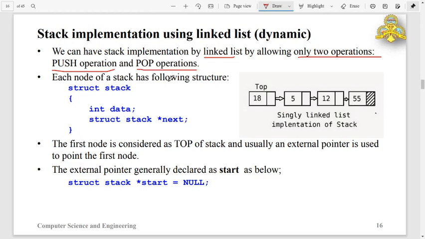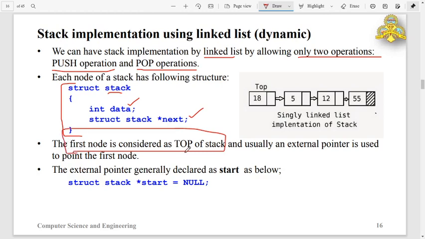The node of a stack has the following template: struct stack, with one variable to store the data element, next, another member to store the address of the next node, and the first node of the stack is considered as